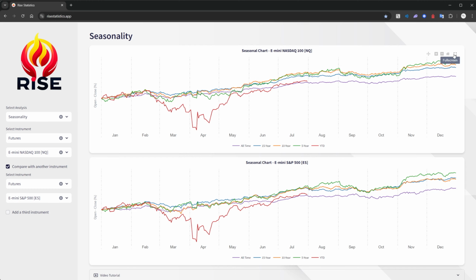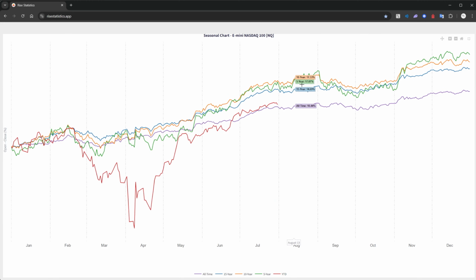And now, I mean, you don't need me to tell you that. We usually consolidate and have a slow grind up, right? If we have our time where we go lower here, we can see that current year to date, we're 10.79%, and this is July 31st, our latest data point right now on Rice Statistics. We just went down 5% after that day total as well. So what are we going to do? Truth is, I don't know, but I'm going to refer to the same thing that we see on this chart right here. I'm going to be looking for consolidation. I'm going to be looking for a slow grind up to reverse this move that we just did.